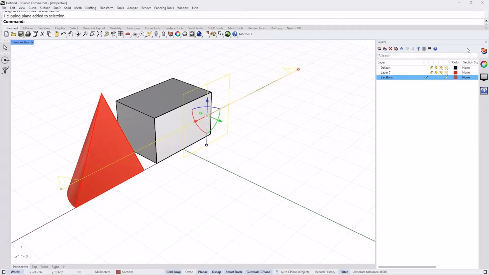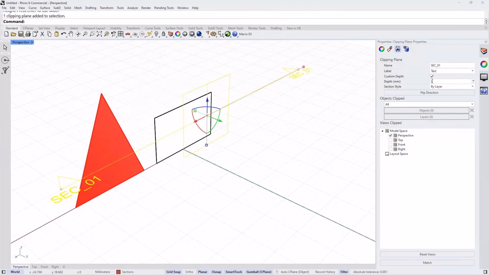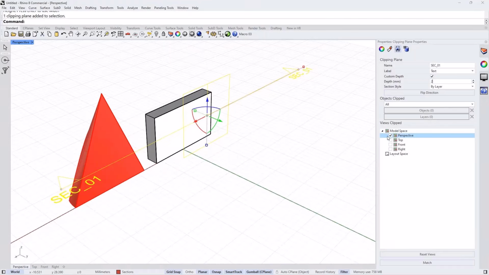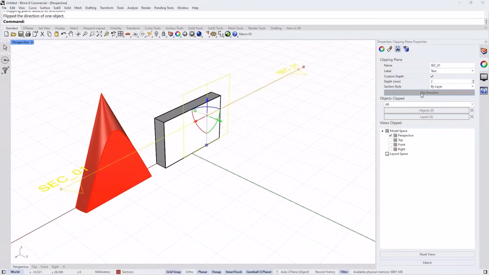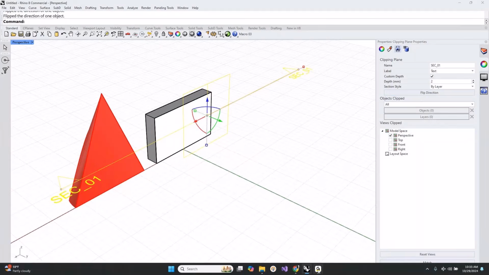We then select the clipping plane, and under the properties, give it a name, section 01, give it a label, text, and set a custom depth of 2 points. And we can turn it on or off. We can flip the direction. Is that clear?